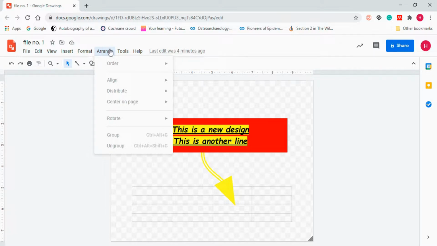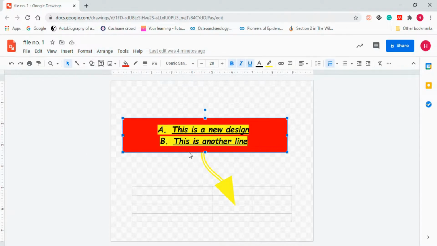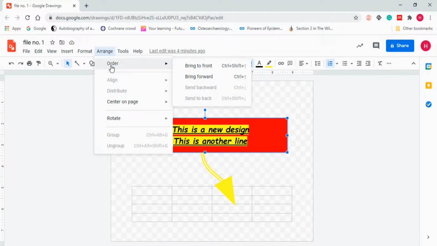When you click on the arrange section and you haven't selected anything, you will see that no options open up. You won't be able to see anything. To open all these options, you have to click on certain things, then only you will be able to see the arrange section. So now let's see how we can open the order section. To open the order section, you have to click on this text box. Anything you want to do depends completely on you. Now let me explain the order section. When I click on it, you will see the order section is now open.